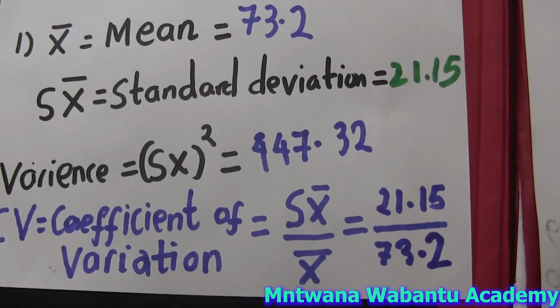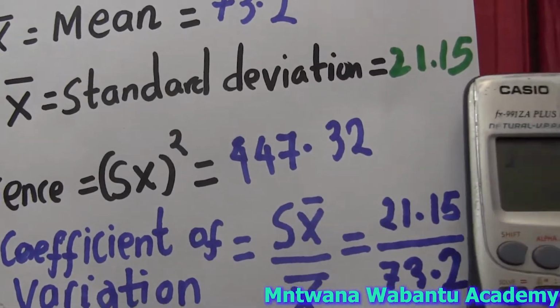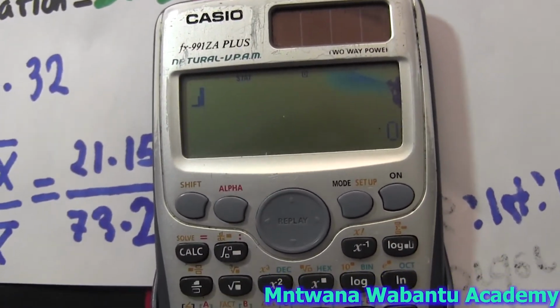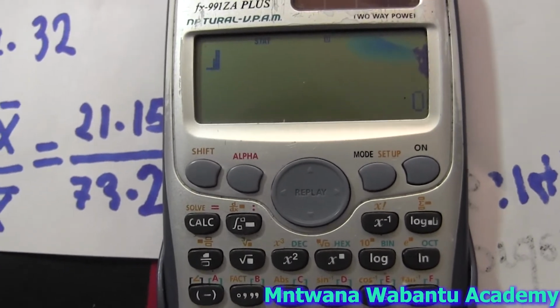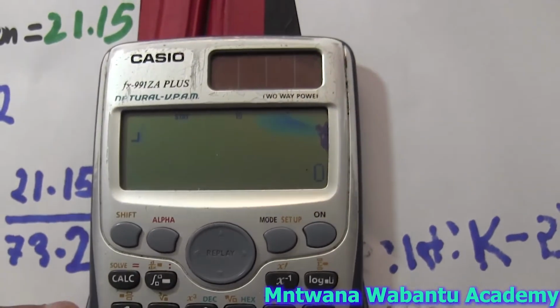Okay, so I can get a coefficient of variation. I'll go to fraction here, and then I'll say 2, 1, 2. You see now, when you go to fraction, it does not give it to you. You know why? The calculator, since you're not going to calculate anything here, so